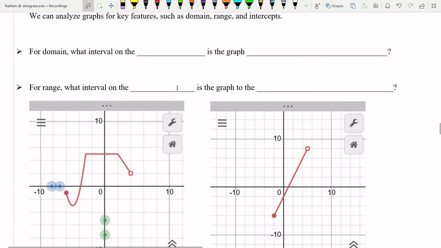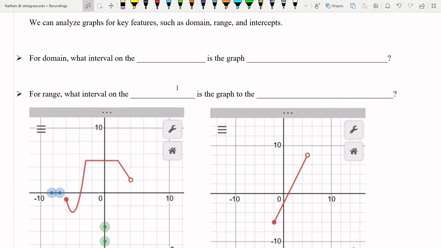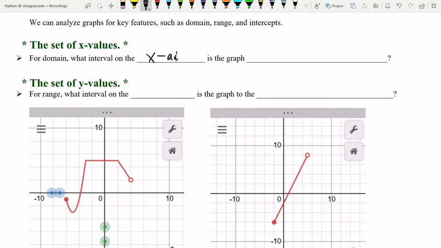Okay, we can use the graphs to analyze some important features, some key features such as the domain and range, as we talked about before, and intercepts. So for the domain, we're asking what interval on the x-axis is the graph above or below. The domain is always tied to the x-axis, the horizontal one, the independent one. And so you're looking for when is the function above or below the x-axis, and that is your domain